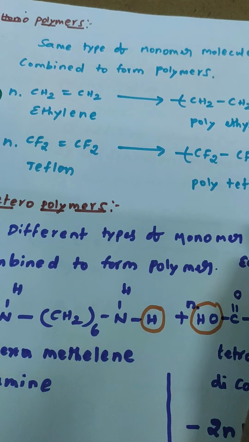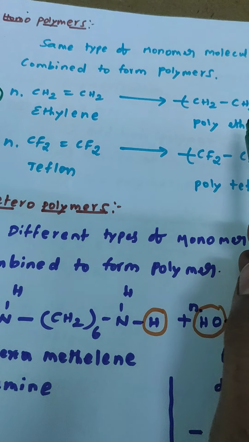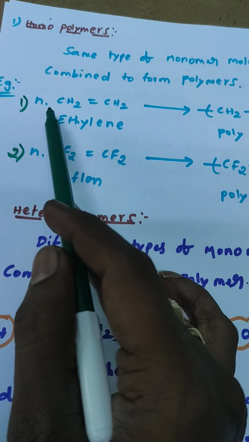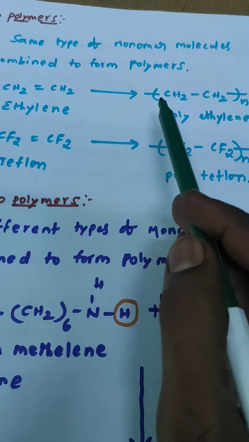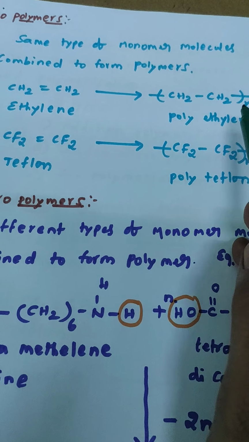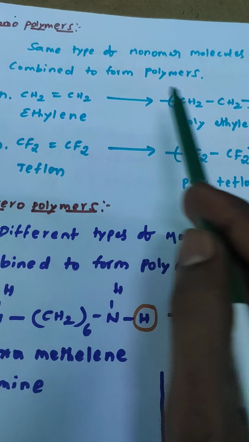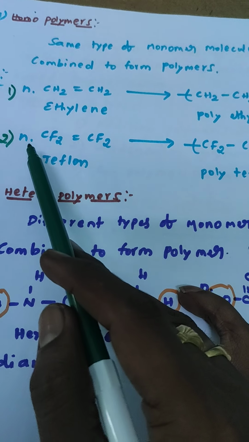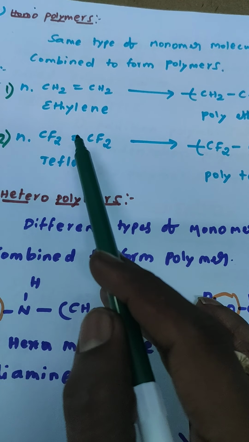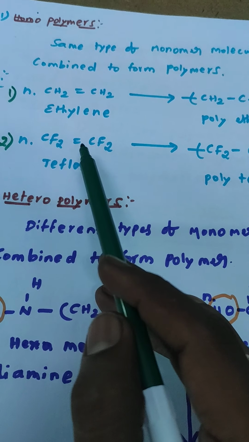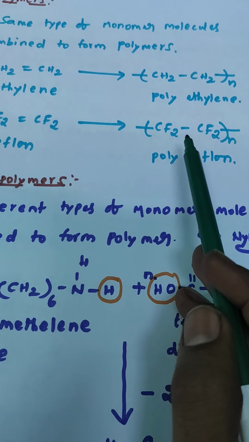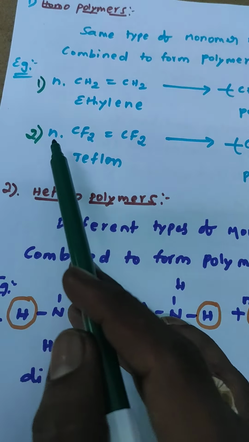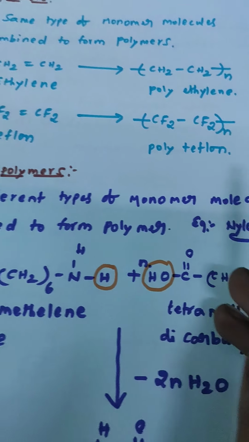So how does the reaction mechanism change? The double bond is converted into a single bond. The n in the front part joins at the back part. The brackets indicate the number of molecules joined on the front side and the number of molecules joined on the back side. Next, a similar example, Teflon: CF2 double bond CF2. Here also there is a double bond and n present. So the double bond is converted into a single bond, and the n on the front side joins at the back side. So Teflon is converted into polyteflon.